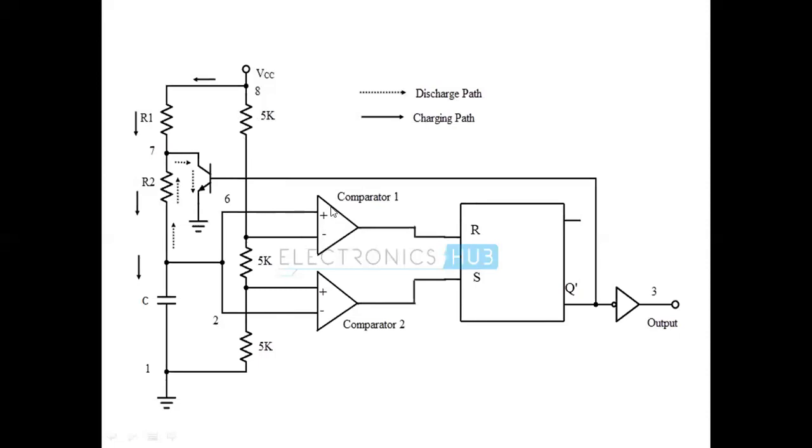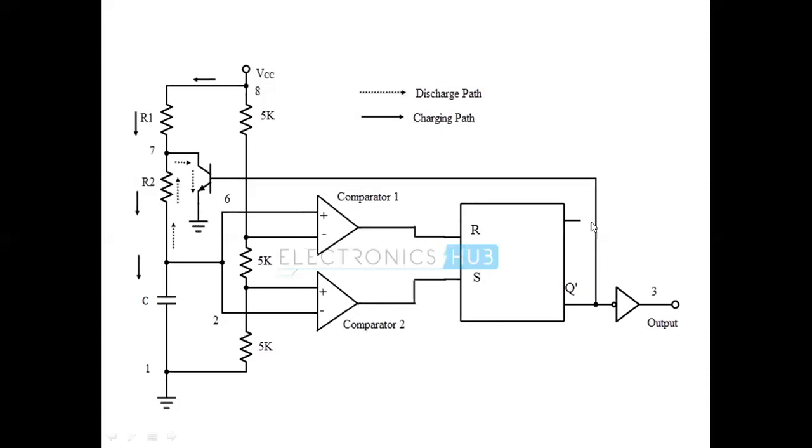So the comparator compares two input signals. Here we have some greater than 2/3 VCC voltage, and here we have 2/3 VCC voltage. So the voltage at the non-inverting terminal is greater than the inverting terminal voltage. If you have a higher voltage at the non-inverting terminal, then we can get plus V side at the output of the comparator. So that means we get logic 1 at the output of the comparator. That means it resets the flip-flop.